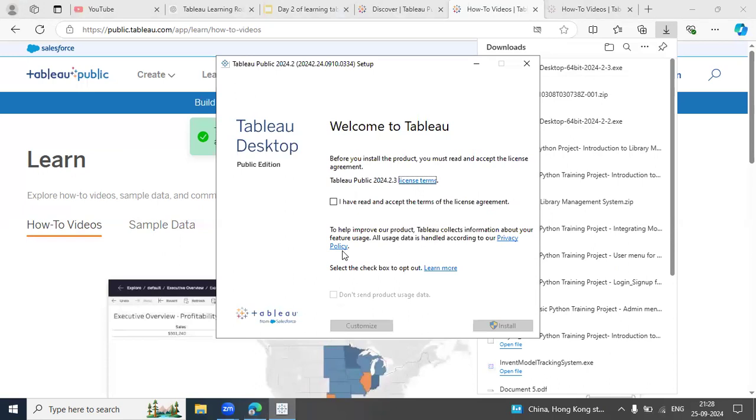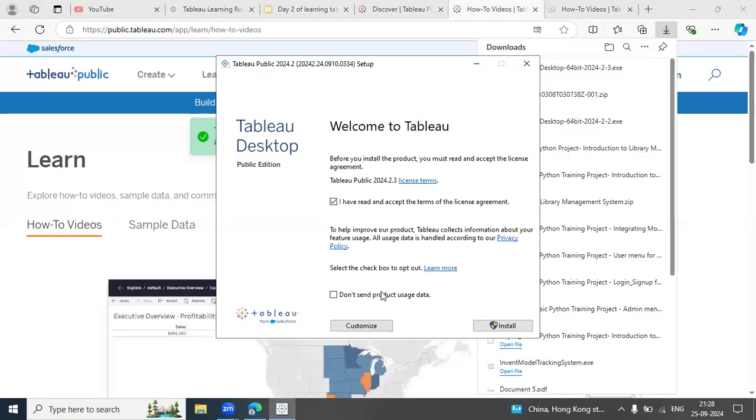One pop-up will come saying that before installing the product, you must read and accept all the terms and conditions. So we have to click on this, that I have read and accept the terms and the license agreement. There is one more option, a checkbox to opt out, so that it doesn't send product usage data.